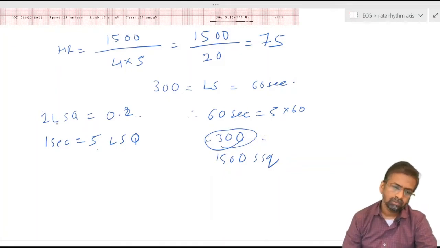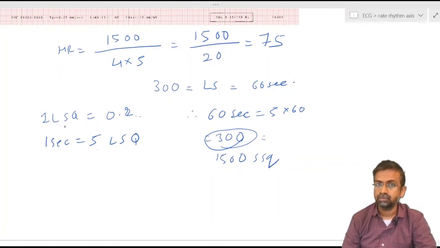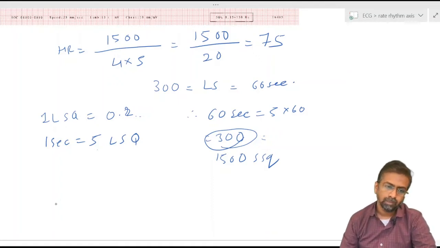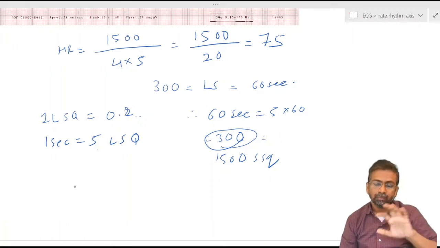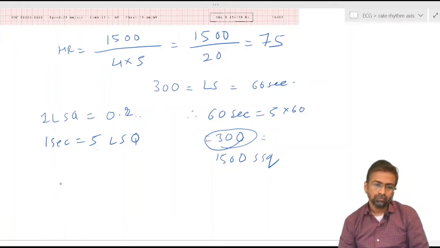Sometimes just by looking at the ECG you can get an idea whether the patient's heart rate is normal or not. It's very simple. I'll tell you a very simple method to calculate the approximate heart rate of the person. Okay, so when there is one large square between two RR,